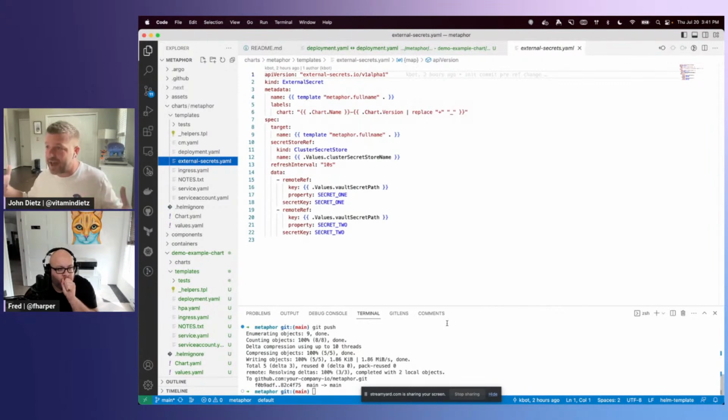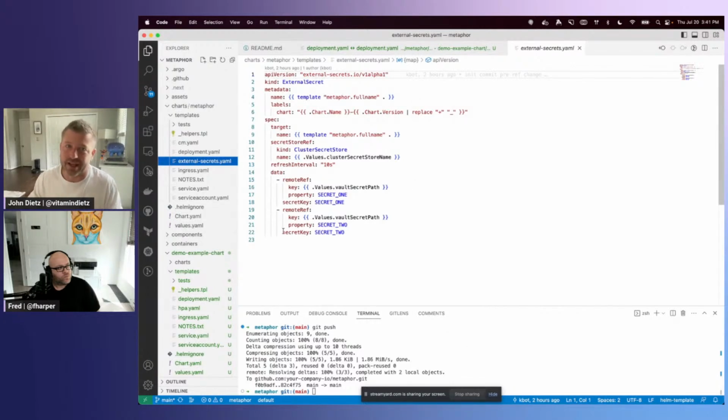Now, in order to provide that architectural capability, we've implemented External Secrets Operator so that for every secret that you want your application to have available to it, there's a shim layer in between Vault and your application that's just responsible for pulling the secrets out of Vault, making them Kubernetes native secrets available to your application. And this is what that looks like.